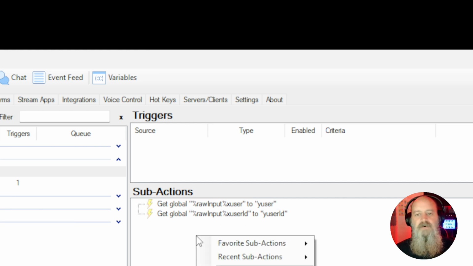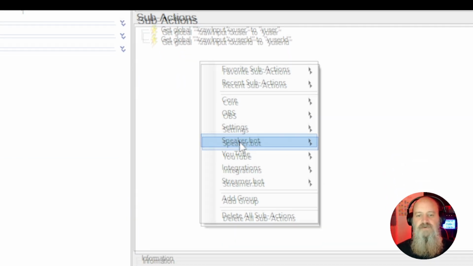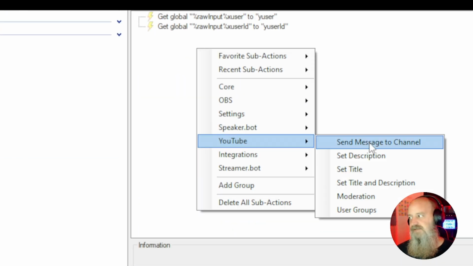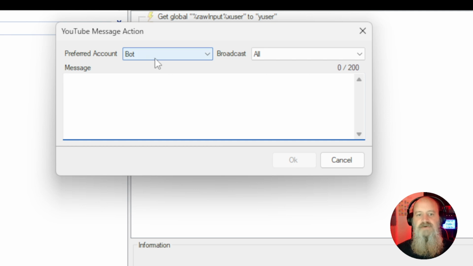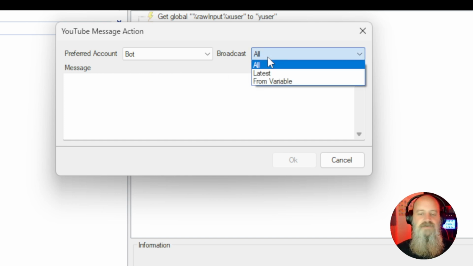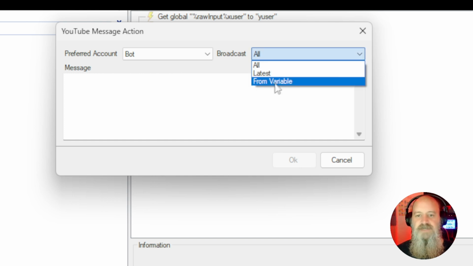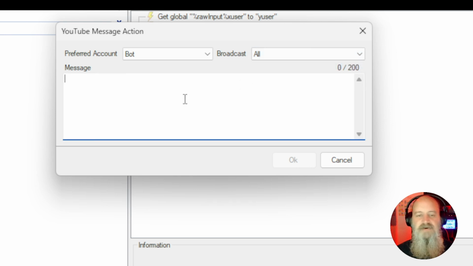So now we can send our message to YouTube. So we can come down to YouTube, send message to channel. We can leave it to your bot account or your broadcaster account, whichever you prefer. It doesn't matter. Leave it to broadcast all unless you're doing multiples and you only want to do the latest, or if you're doing from the variable. I leave it at all because I only monitor one broadcast at a time. My message then would be, please show support for, and then we're going to